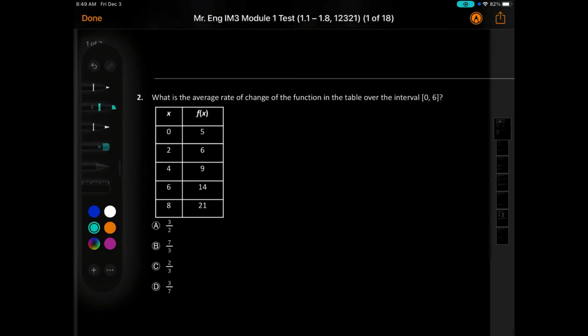Question number 2, what is the average rate of change of the function in the table from 0 to 6? So they're saying an x value at x1 is 0, so this is your ordered pair. And then they're talking about your second ordered pair, which is your x2 value at 6. So that would be 6, 14. To give you guys a quick visual of what's happening here,